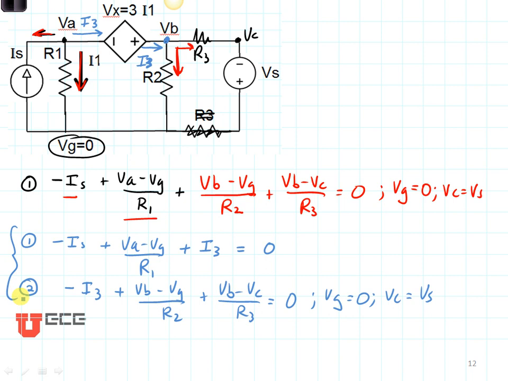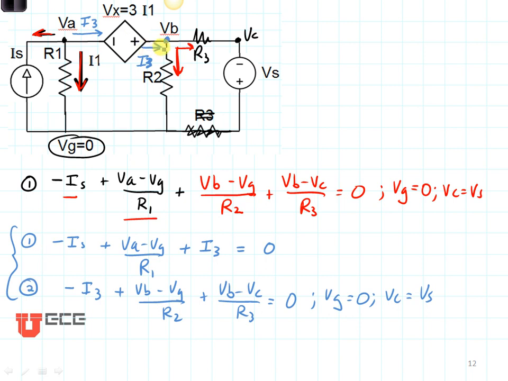So I have two ways of handling this thing that's called a supernode. The red way was to consider VA and VB jointly as a single large supernode and solve one equation. The second way is to solve two equations, and in that case I've defined a current going through my voltage source and coming out the other side.